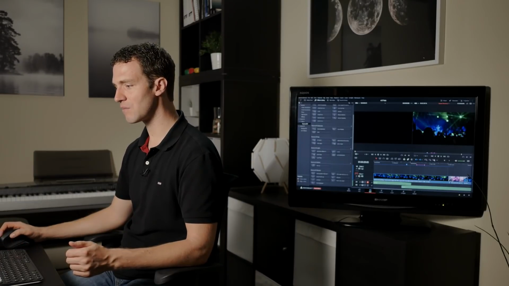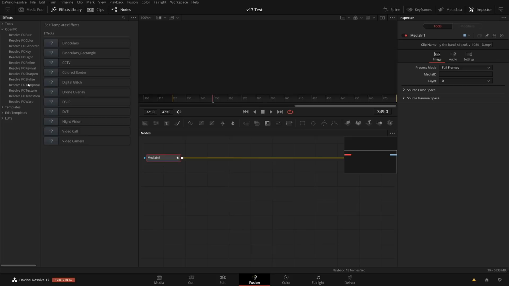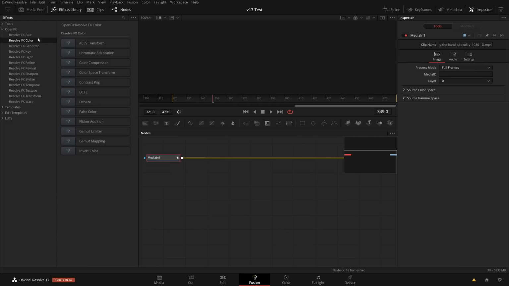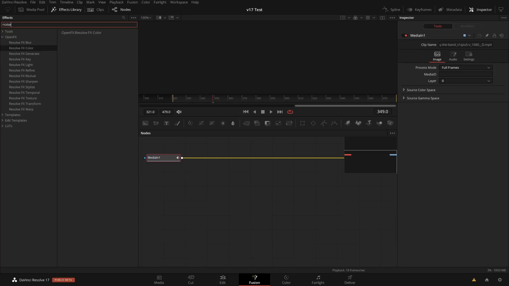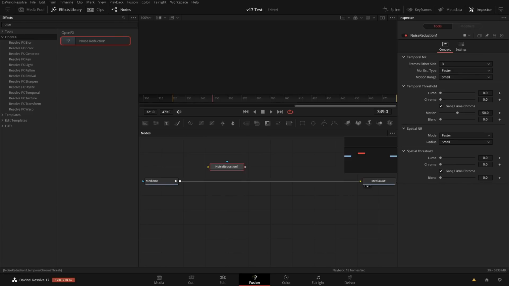But some tools were added, and if I go over to Fusion, the ones to point out that I think are really helpful, there are some like these motion trails and smear and so on, which add additional graphics. But if you are doing keying or even for many other types of work, it's really helpful that we now have the noise removal. So I'm just wondering where it was here. Either way, you can just search. All right, noise, and OpenFX noise reduction, and this is the color page noise reduction.